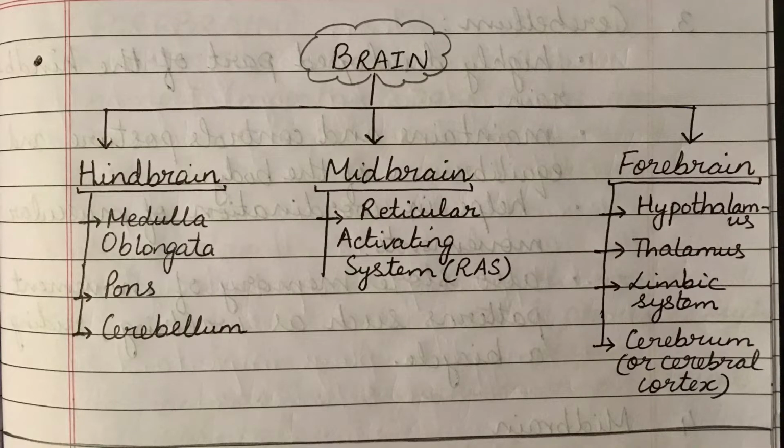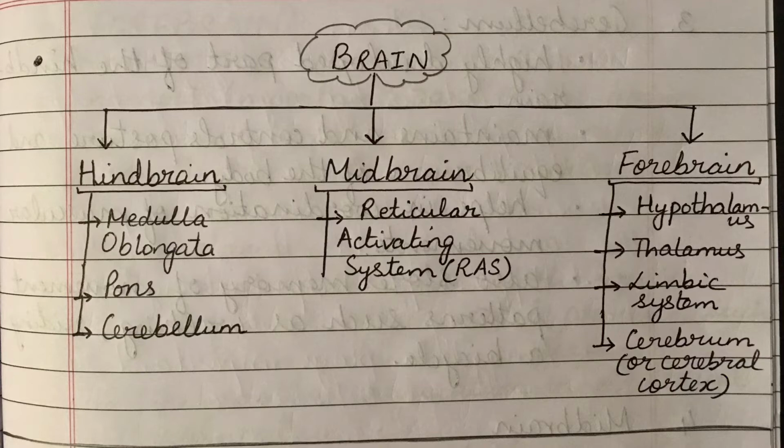The brain is divided into three parts: hindbrain, midbrain, and forebrain. The hindbrain has three components: medulla oblongata, pons, and cerebellum. Midbrain has reticular activating system, while forebrain has hypothalamus, thalamus, the limbic system, and the cerebrum, which is also